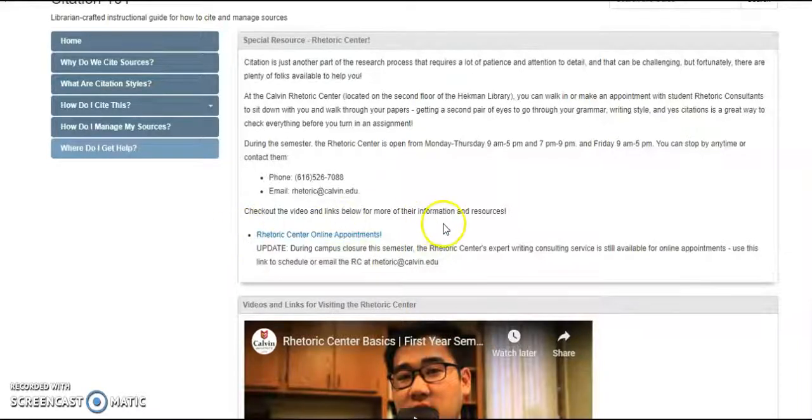Right now, you'll notice while campus is closed, they are still offering assistance online. So check out their online appointment calendar or email them here. Finally, when it comes to questions about citation or research or anything like that, you really can't go wrong with talking to a librarian. We're always willing to help you, so feel free to reach out